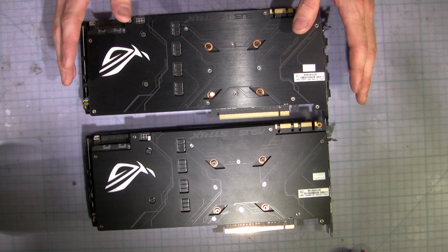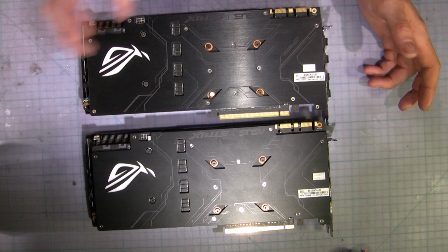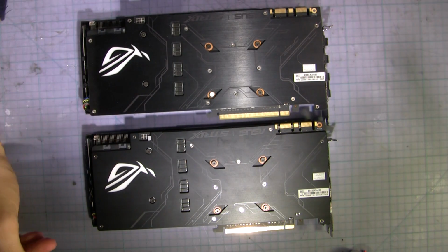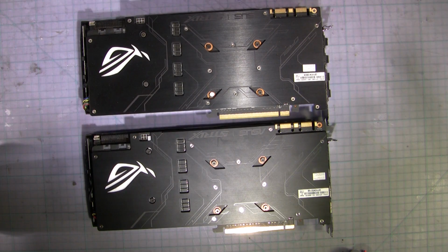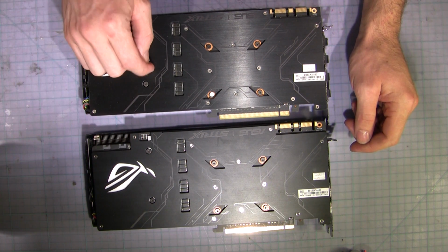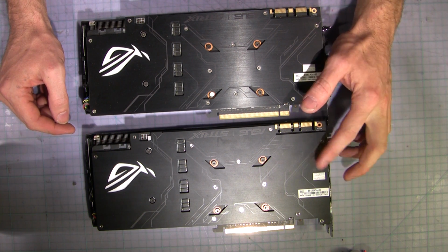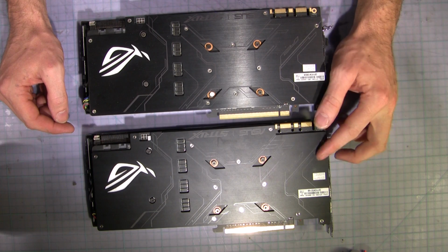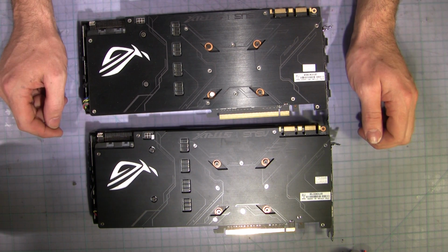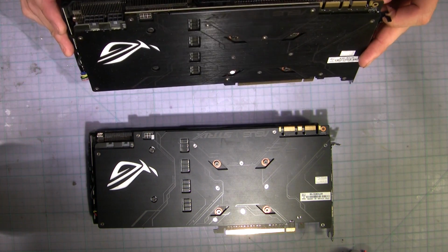But I noticed that when I first installed this card, I thought, wow, these new cards run hot, because I had some GTX1080s and these are GTX1080s. It wasn't until this second card arrived that I realised that this card is running between 10 and 15 degrees hotter, even at idle. And then I had a closer look,